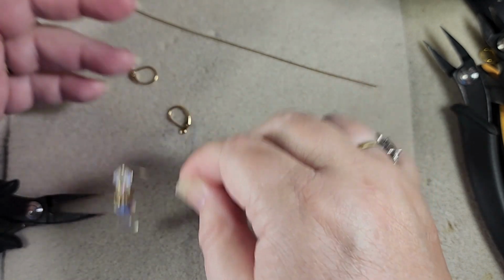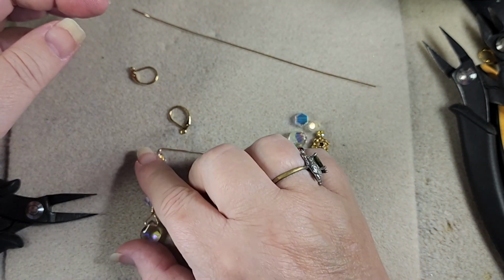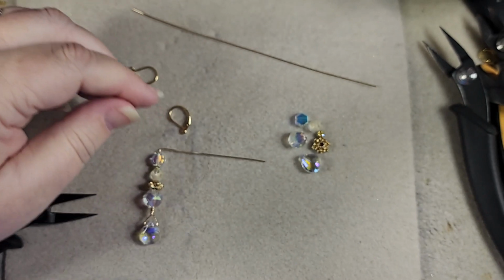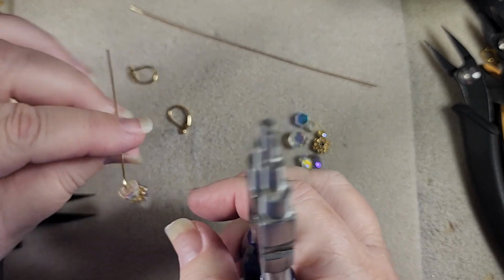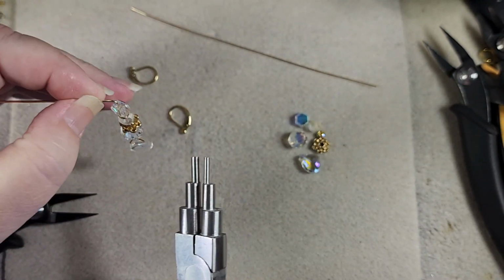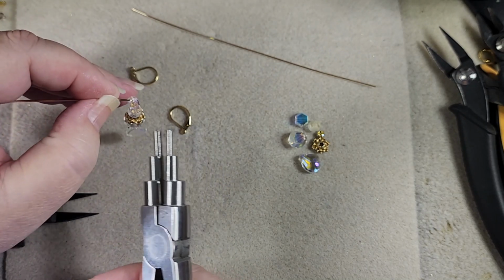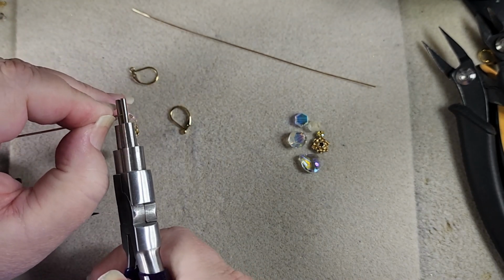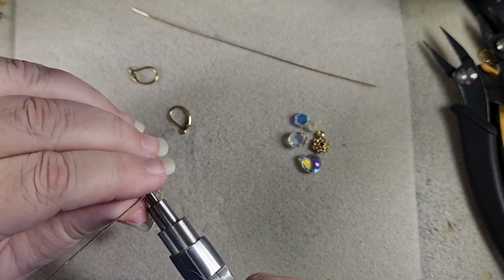Now that that's in, we will get our stepped bell making pliers. Now you can use round nose pliers for this if you wish. I always use stepped. It makes a more consistent loop in my opinion. So then I'm going to put the larger of the loop into where the curve is at, the smaller one up on top,